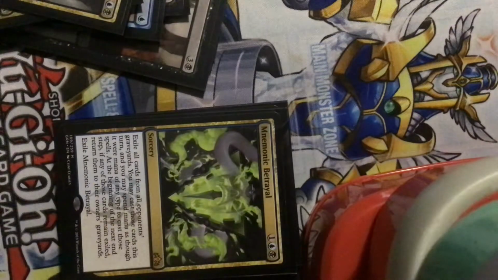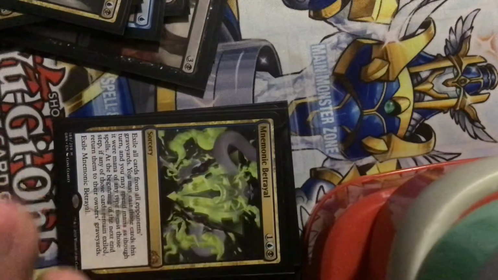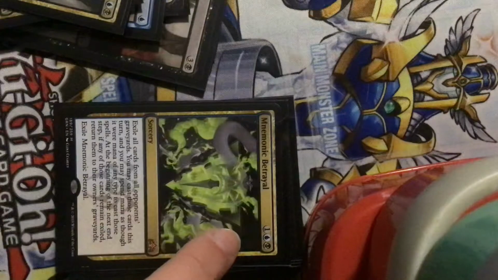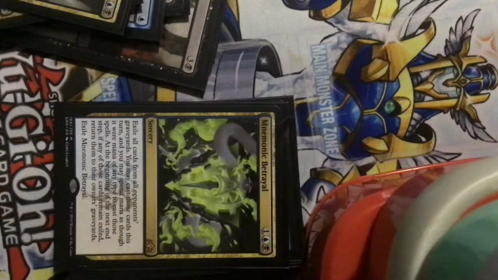Exile all cards from Memory Breath. If you see here, one of the mana, it doesn't matter which mana you're using, but you have to get 1 blue mana and 1 black mana, if you know what I mean. I'm going to tell you what this card does. Exile all cards from all opponents' graves. You may cast those cards this turn, and you may spend mana